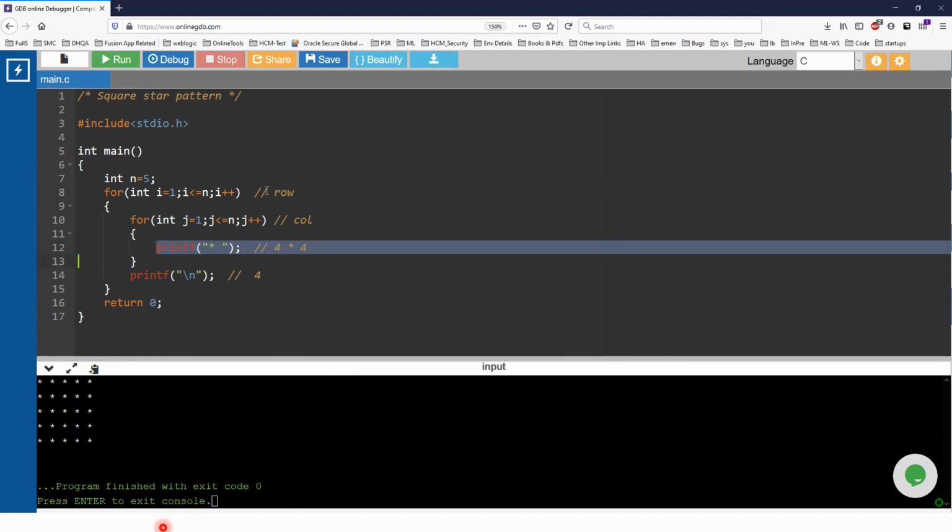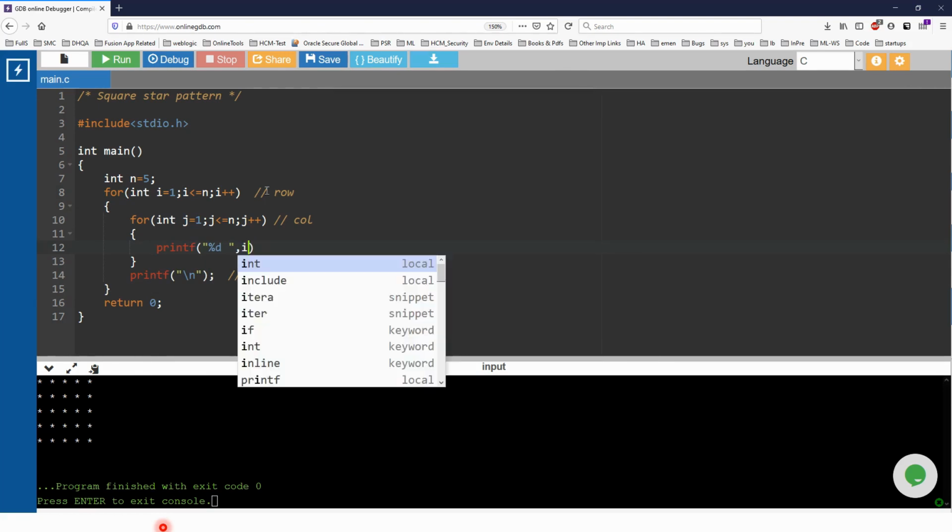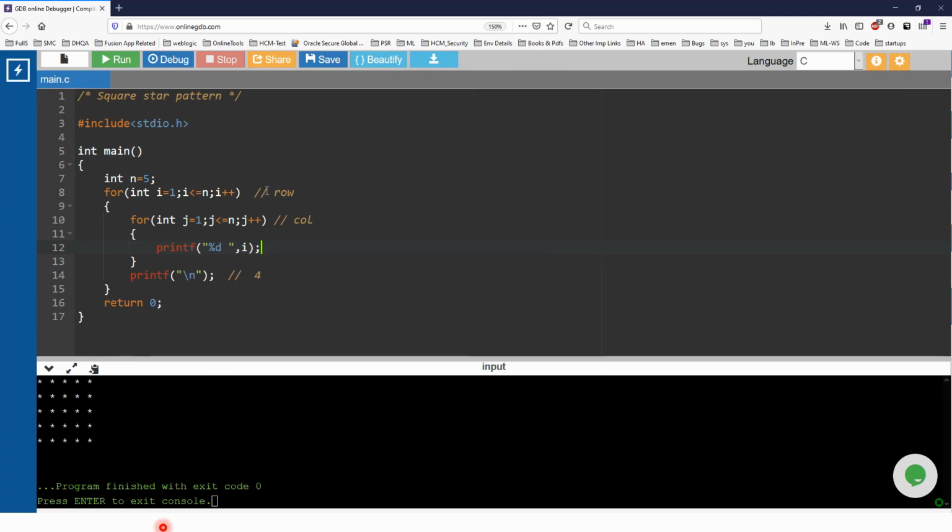So instead of printf, let's first change this to row so that it will be easy for us to understand. This is column, this is for column. There is nothing else I have done. I just changed the variable names.